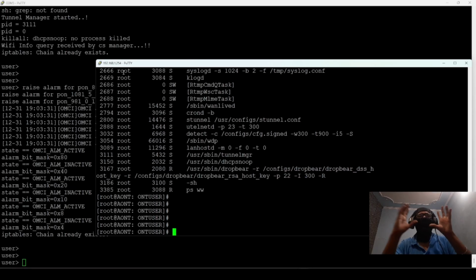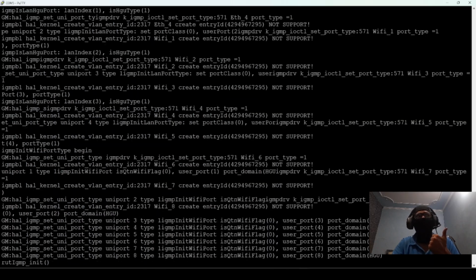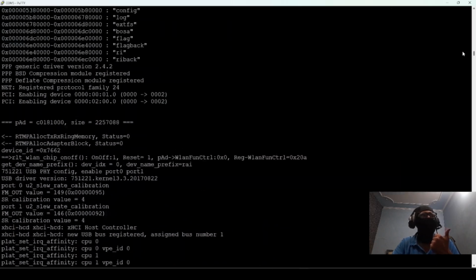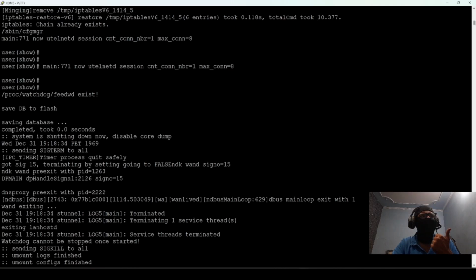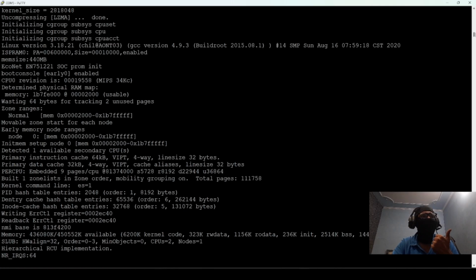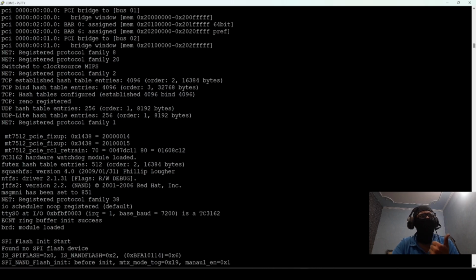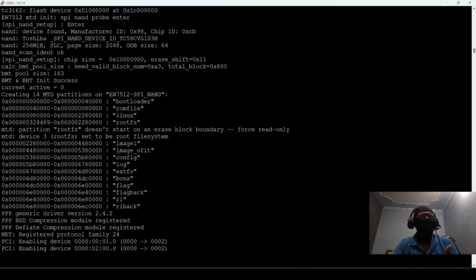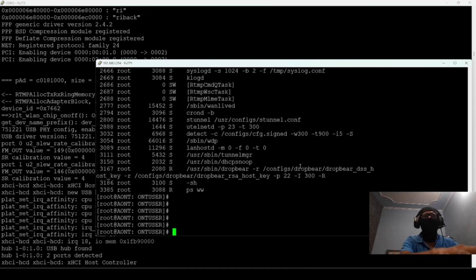So we have successfully rooted the router without doing anything, right? Without escaping this, and we could not even have access to this. If you remember, we did not even have access to the bootloader of the device, right? We could not even get into the bootloader, but we still have access to the router, and we can see users.